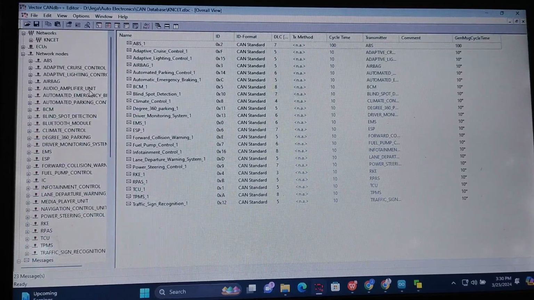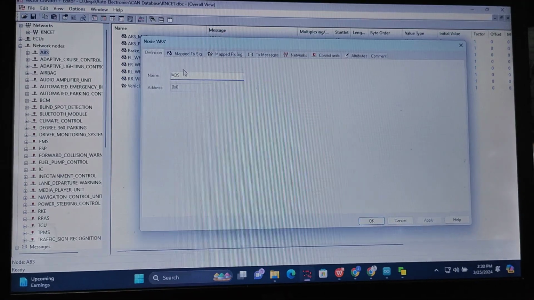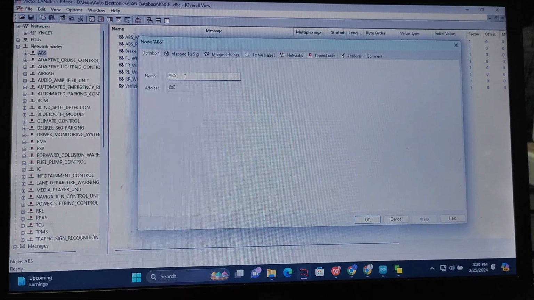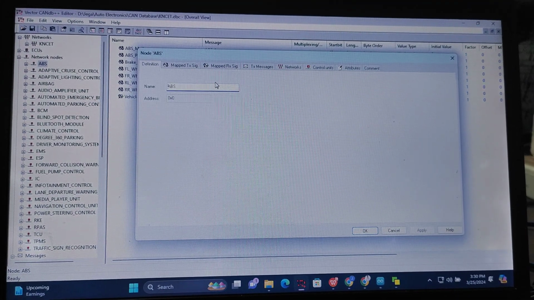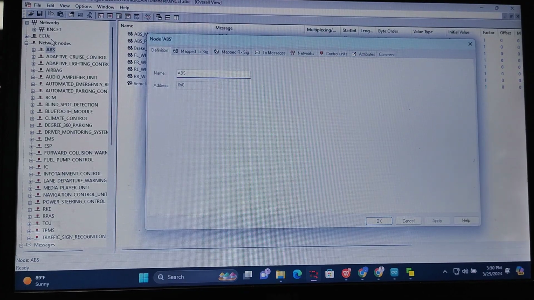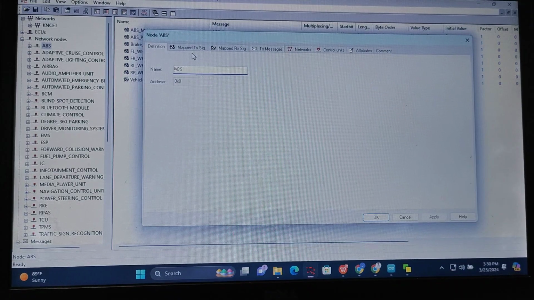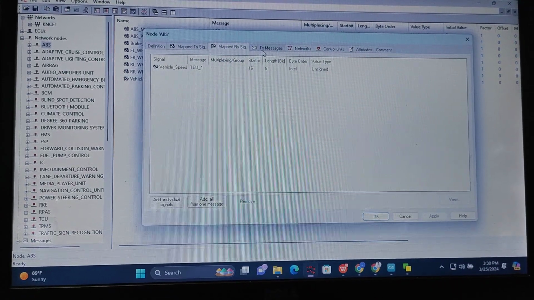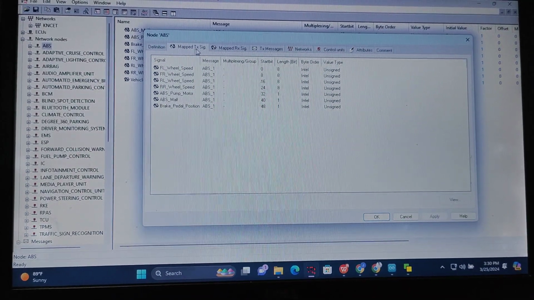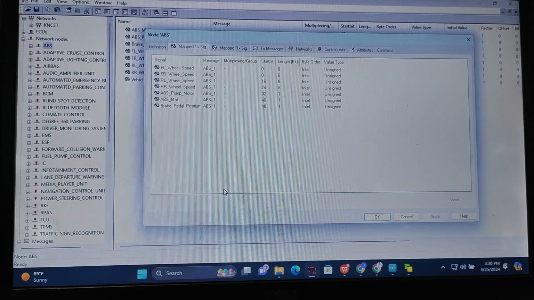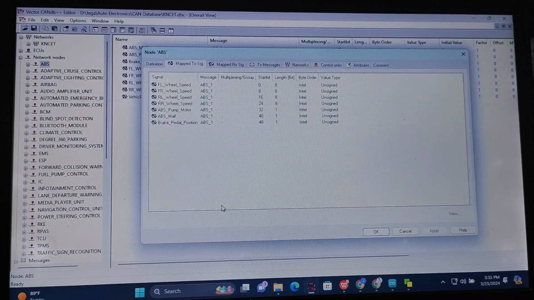And then here we are having the network nodes. So for example, ABS, this is the ABS network, which means network node means electronic control unit. If you work with the nodes, it automatically creates the ECUs also. Okay, so we are not accessing the ECUs, we are just accessing the nodes only. So in this we are having the transmit signals, receiving signals, TX messages. TX signals means transmitting signals. So here what they said is mapped TX signals. So what signals are mapped with the ABS ECU, like that they told.